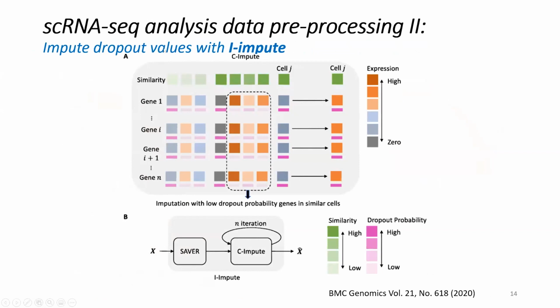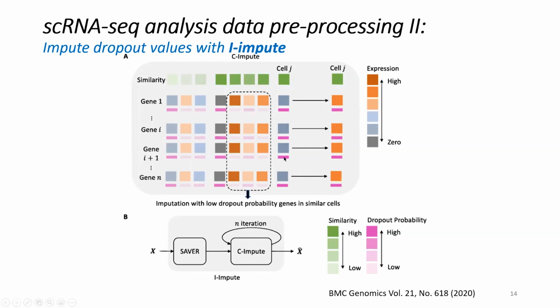Suppose you have a lot of zeros, and a zero is in a gene where you know for sure it's CD4, in the CD4 positive cells. It cannot be dropout. How can you fill in the dropout value? That's what imputation is all about. In this software called iImpute, they look at the similarity of other cells to the query cells. And for each gene in the query cells, they're using a previous program called Saver